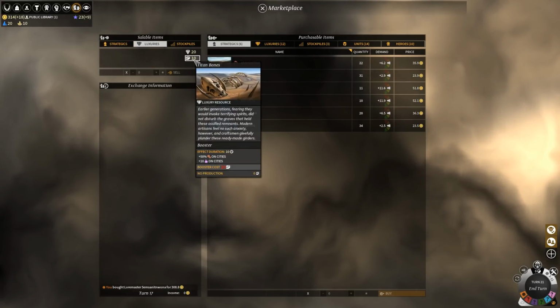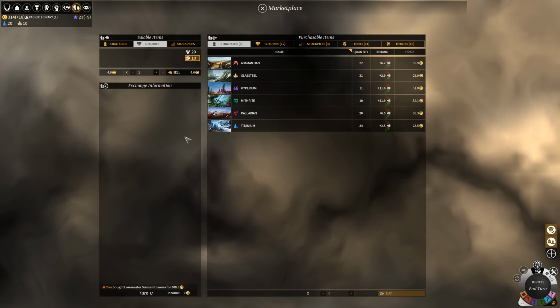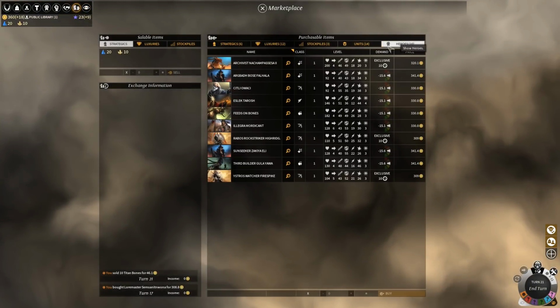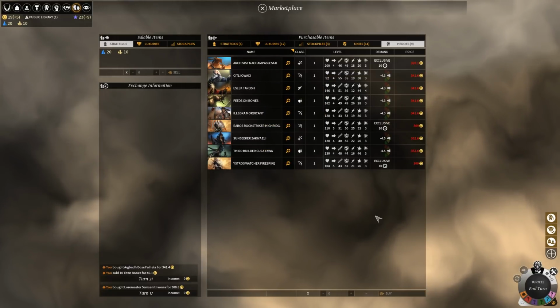Well, we could sell some stuff. We can't actually make use of these Titan Bones right now, and they do sell for 4 each. I don't know why I closed the market. I was already at... This is the screen I needed. Okay, you...